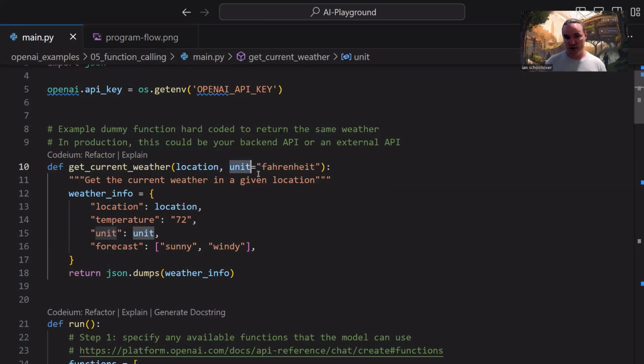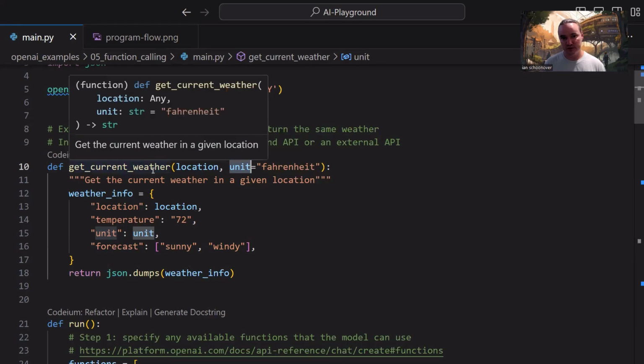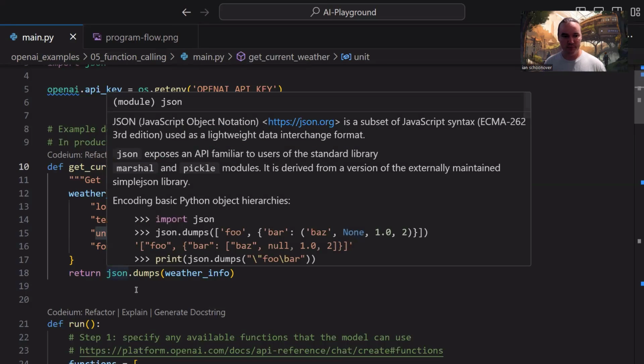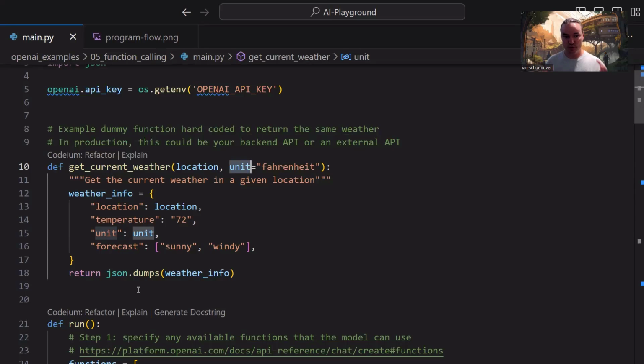If the unit argument is omitted whenever the get current weather function is invoked by the program, then it just defaults to Fahrenheit. And then the forecast is an array or a list of some string values, in this case, sunny and windy. So we take that weather info dictionary and we use the JSON module that we imported up top to do something called .dumps, where we pass in the dictionary. And what this will do is it'll return a JSON string, I believe, and we can use that with the